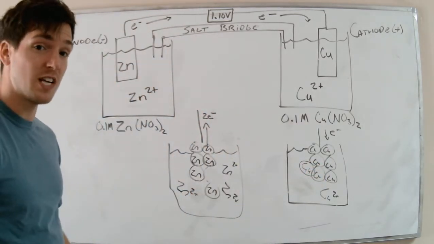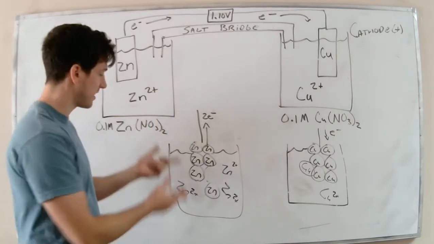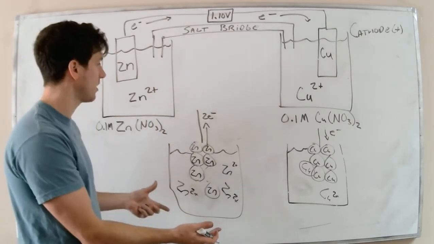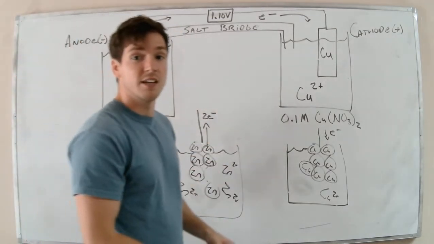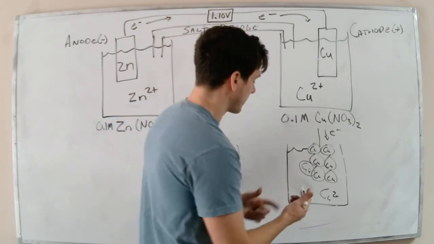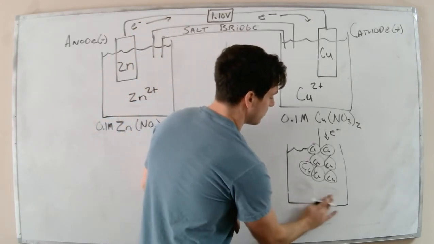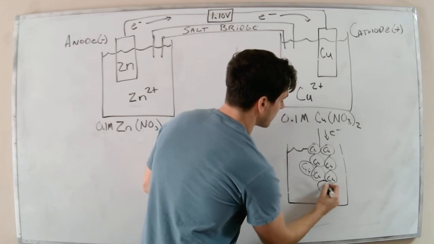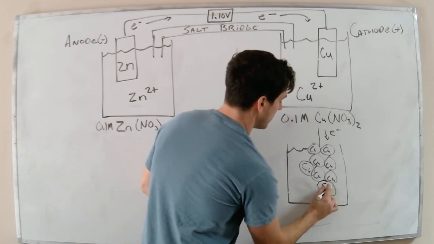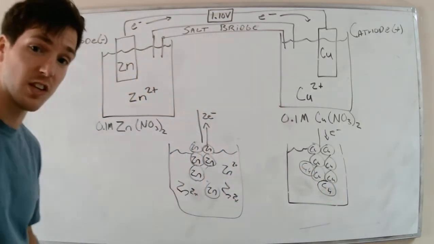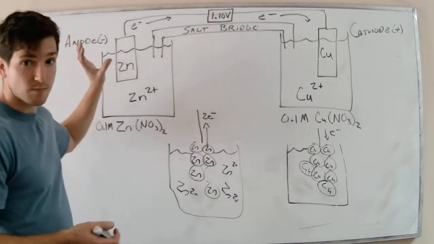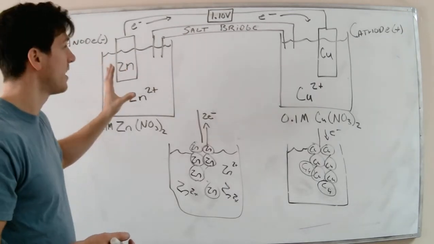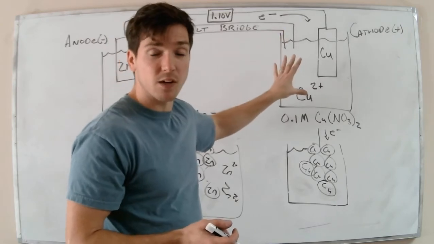So what we're seeing is that zinc is losing electrons, and the solid zinc is becoming aqueous zinc, while on the other side, the copper is accepting electrons, and the aqueous copper is becoming solid copper. So we're essentially losing zinc metal, turning it into aqueous, and taking copper aqueous solution and turning